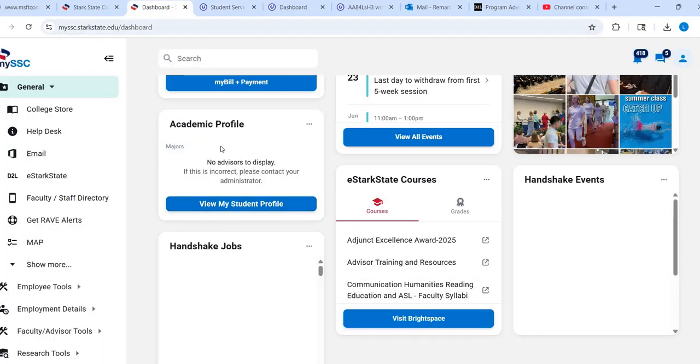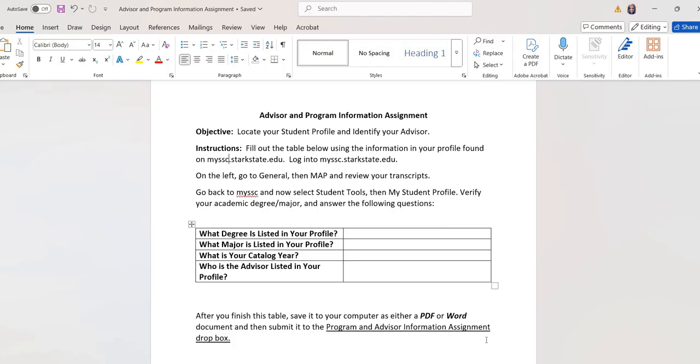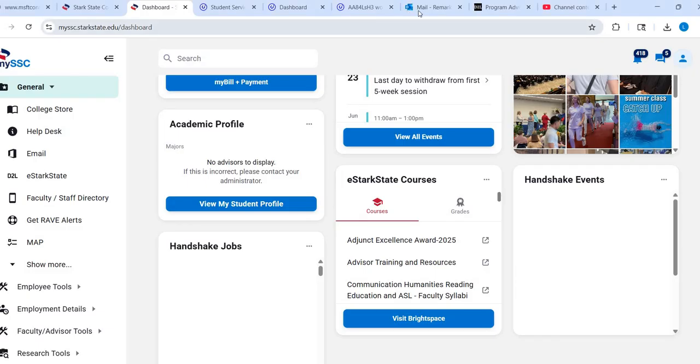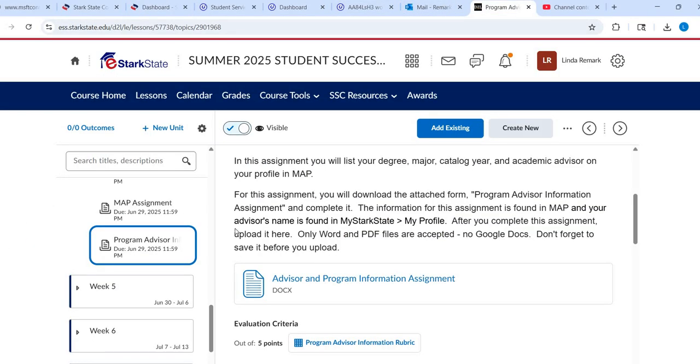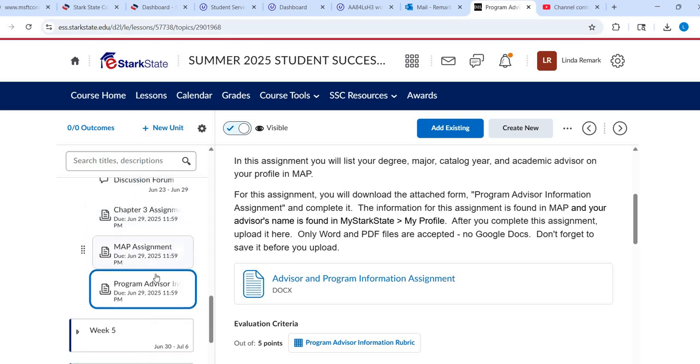So knowing who your advisor is helpful, so that if you had questions when you're ready to schedule, anything like that, they're your go-to person here at the college. When you're done with this table, you're just going to save it and then go back into Brightspace and upload it. So those are your other 2 assignments, along with